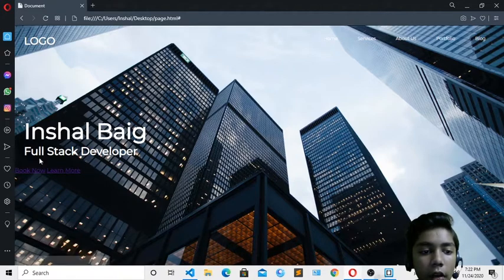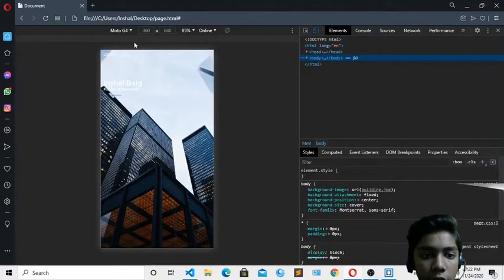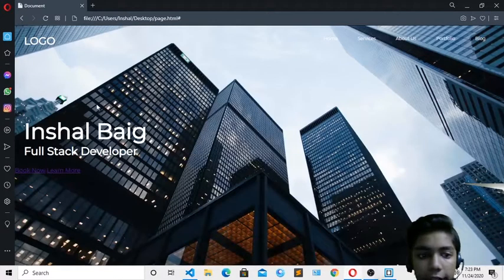Now we will design our buttons. Till here we have done our work, and if I show you in mobile, here you can see it is looking responsive. Here is our blog, and it is also looking really cool over here. And here there is our logo and our button. So I will design that over here.